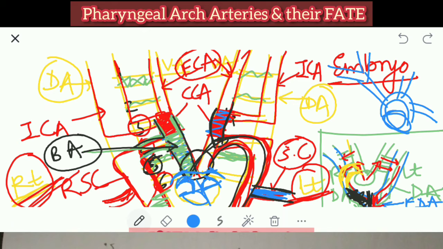This is your heart. So this right side chamber, the ventricle, from the right ventricle, what comes out? Pulmonary trunk. It divides into left and right pulmonary artery. Now this pulmonary artery is carrying the deoxygenated blood. So we show it in purple color. I'm not having purple color here, so I'm showing it in blue color.